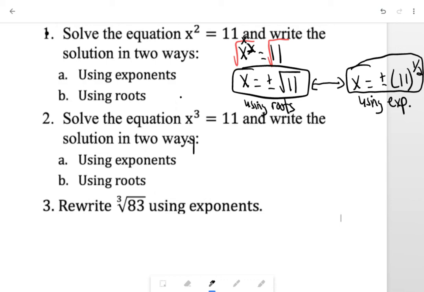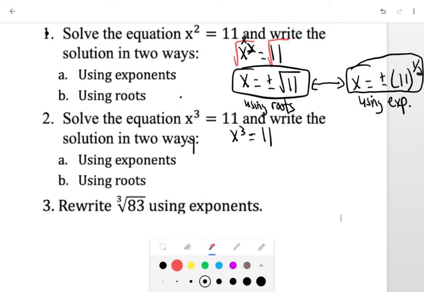Number 2, we're doing the same thing, except notice the equation is x cubed equals 11. So to solve that equation, instead of taking the square root of both sides, since squaring and square rooting are opposites of each other, I could do the same thing with cubing and cube rooting. So I'm actually going to do the same thing, except I'm going to take the cube root of both sides. Similar to squaring and square rooting, these things are opposites of each other, so they will cancel each other out